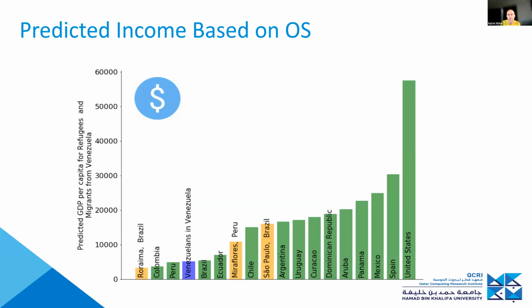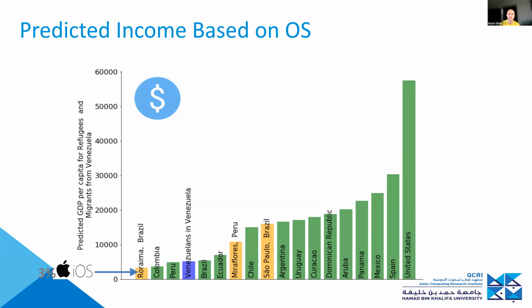Now, you can go beyond just estimating the total number of migrants. You can also try to understand the socioeconomic situation by looking at the devices they use. So let me try to explain this graph here. Again, everything is always about Facebook users who lived in Venezuela. So whenever you see a location, it is always the host location. These host locations are sorted by the percentage of Facebook users from Venezuela using iOS devices.